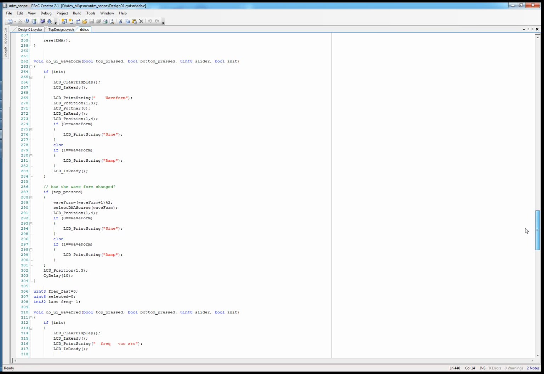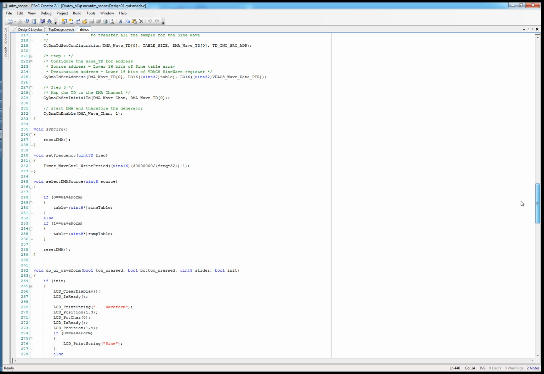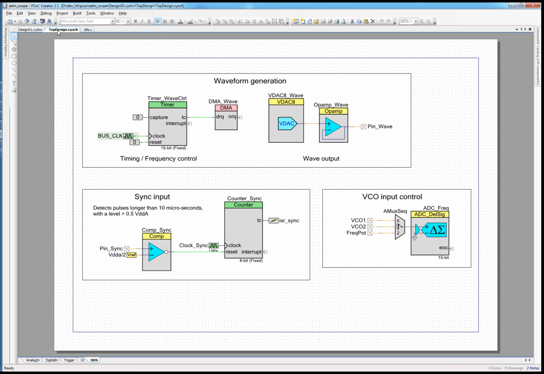Frequency calculation itself is just done because we know the reference frequency, we know how large our table is, and we can calculate the divider from that. Here you can also see the big drawback of triggering the DMA by a frequency divider, because for higher frequencies the resolution of which frequencies we can choose is rather poor,